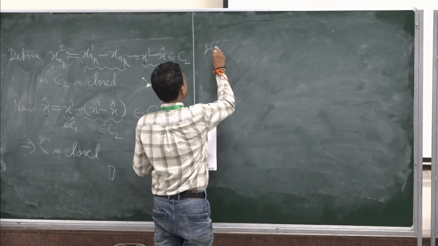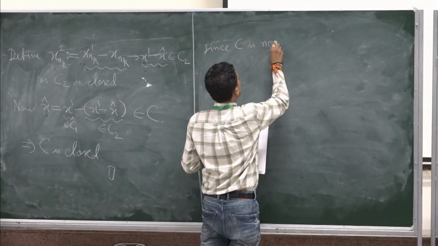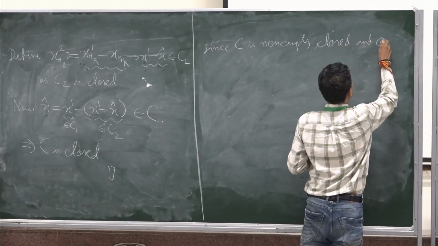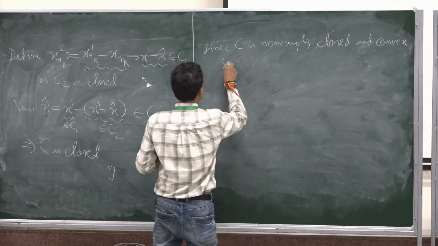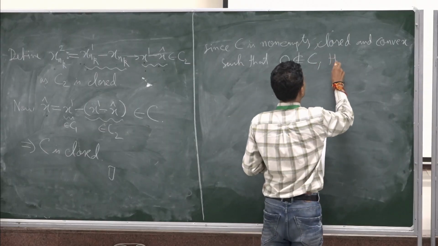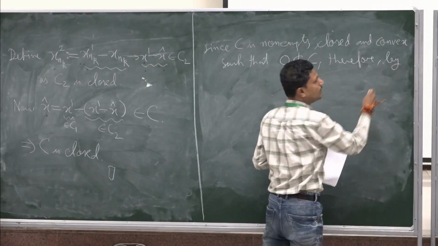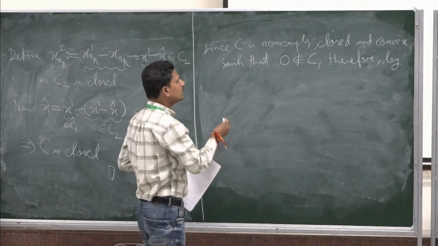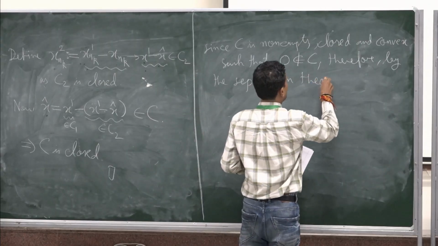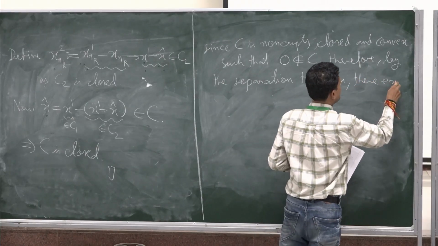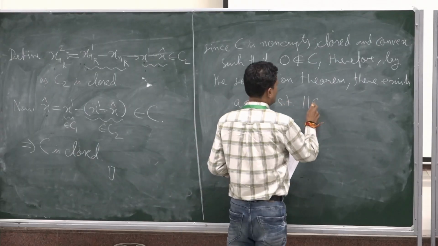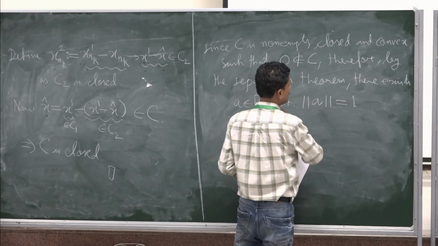Since this C is non-empty, closed and convex, such that this 0 does not belong to C, therefore by the previous separation theorem of a set and a point, there will be some vector A in Rn such that the norm of A is equal to 1, and